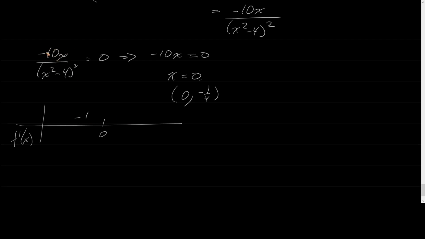numerator. Negative 10 times negative 1, that's positive, increasing. If I plug in 1, negative 10 times 1, that's negative, decreasing. Right? So,